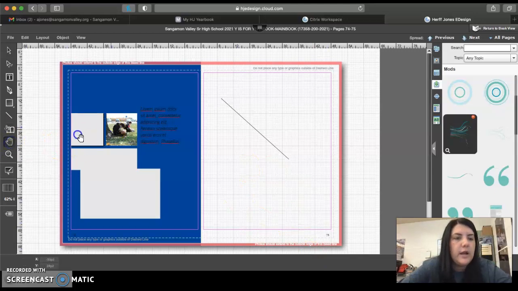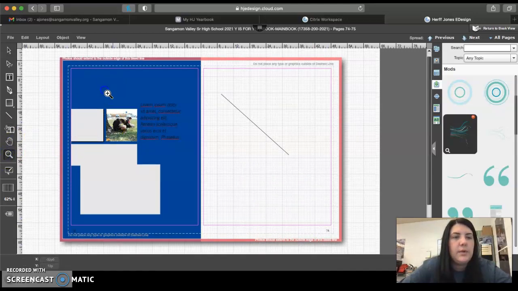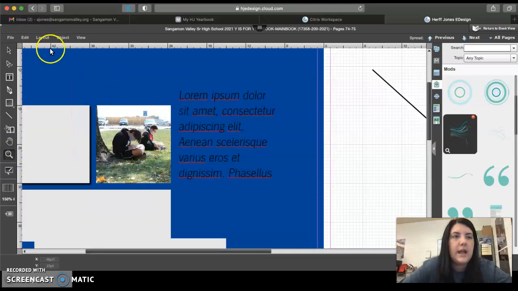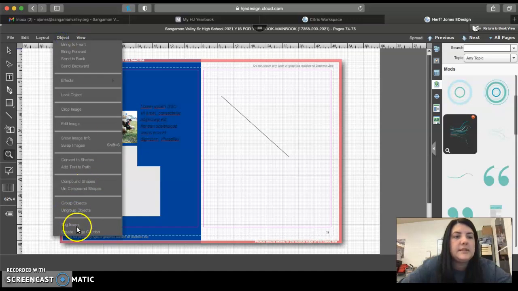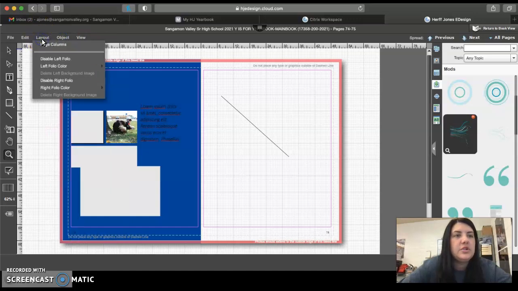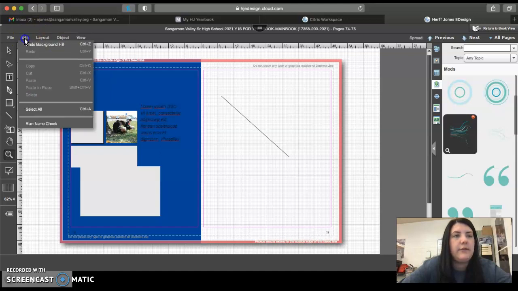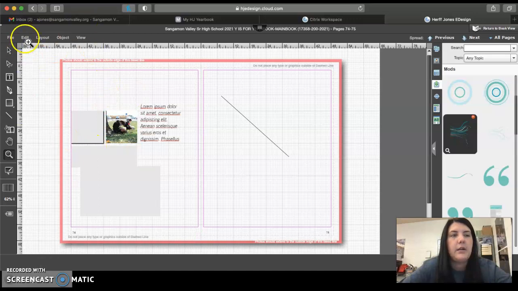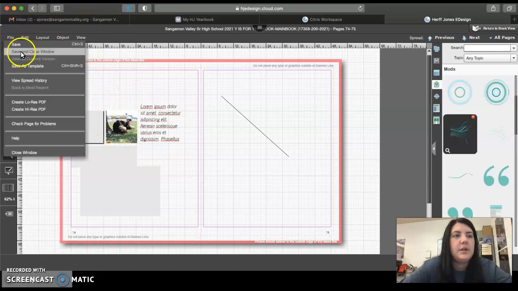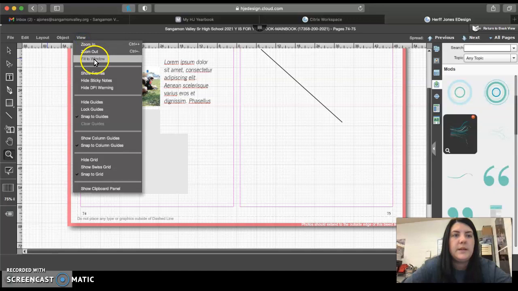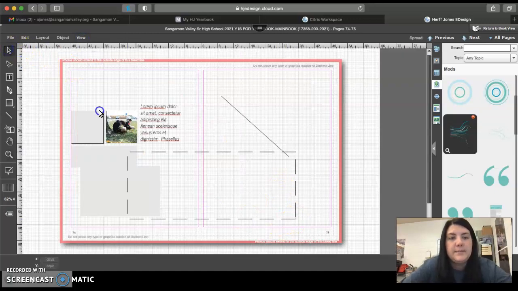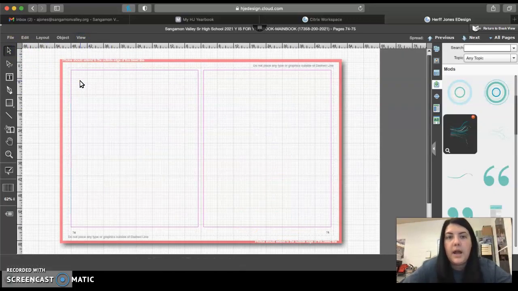Again, this is how you move around the spread. This is how you zoom in, and these are your most important tools, okay? So View, Fit to Window, Object, Tag Image is how you tag an image. Layout is not something you're going to use that frequently. Edit is how you go to undo something, so I can undo the background fill. And then if I want to save, I'm going to go to File, Save and Close Window. I'm not going to save this because obviously it's just a way for me to show you how to use it. But that is the basics of my HJ